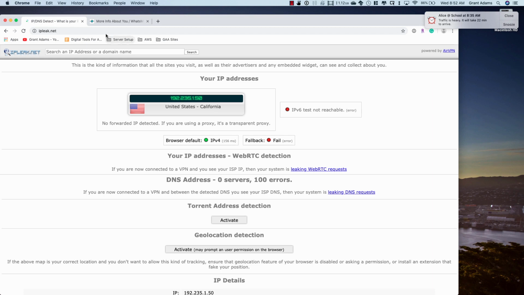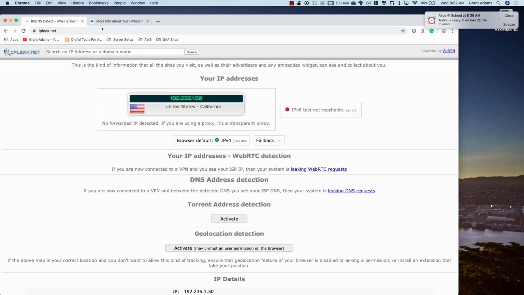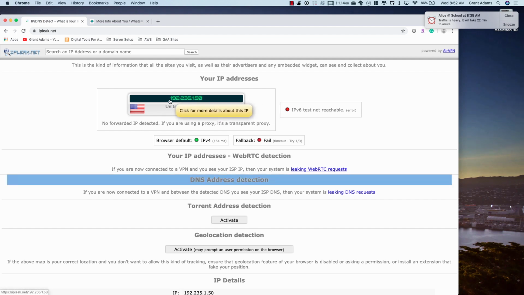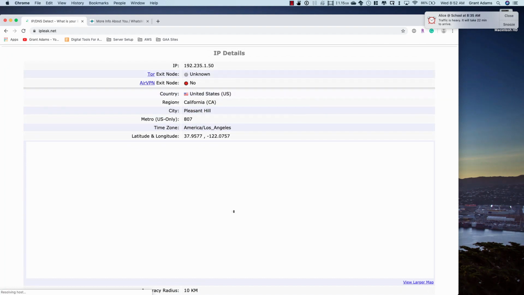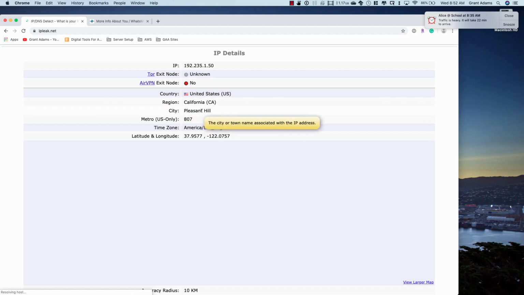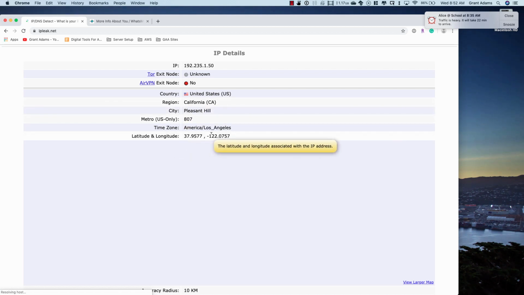So I went ahead and I went to a website called ipleak.net that will find out what your IP address is. There's lots more, like what's my IP, etc. And when you run one of these tests, it's going to go out and it's going to say, OK, what is your current IP address? So I'm connected to the DVC network. This is the address of my computer at this location, 192.235.150, etc. If I scroll down here a little bit, guess what? It knows, there's my address. I'm in the United States, I'm in California, and I'm in Pleasant Hill. It has an approximate latitude and longitude for me.